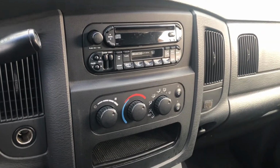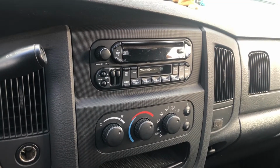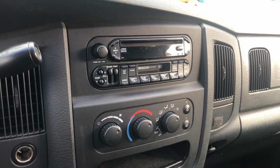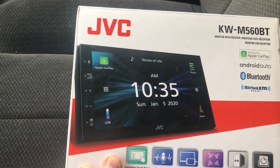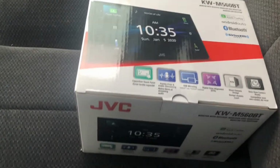2002 Dodge Ram 1500 SLT. I'll change out this factory radio and put in a new double DIN with Apple CarPlay, Android. So